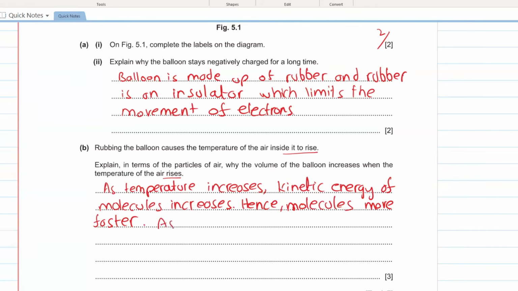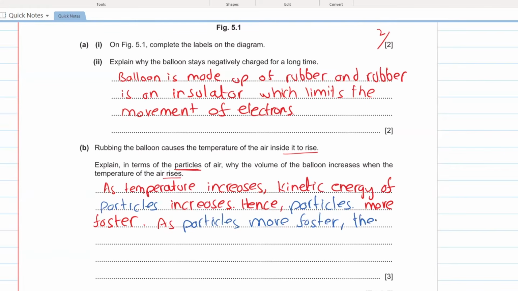One thing here: this is a key point for the entirety of O levels and IGCSE physics. In O levels and IGCSE physics, it is better to write particles in place of molecules. So instead of molecules, you can write particles. Hence, as particles move faster,